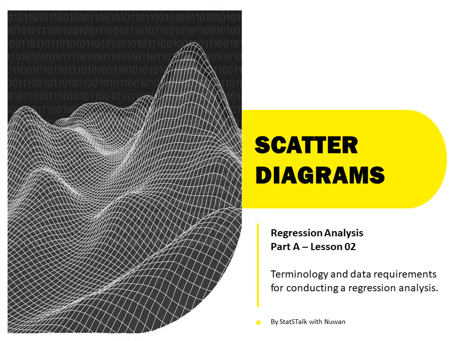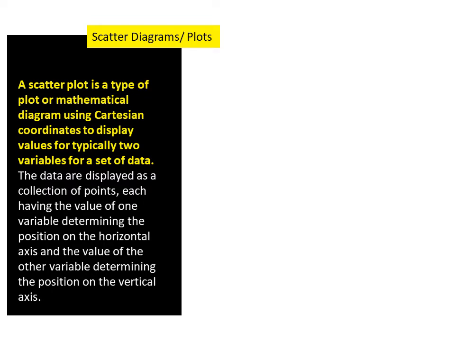In this video, I'm going to provide a complete guide to scatter plots. So first off, what is a scatter plot? A scatter plot is a type of plot or mathematical diagram using Cartesian coordinates to display values for typically two variables for a set of data. The position of each dot on the horizontal and vertical axis indicates values for an individual data point. Generally, scatter plots are used to observe relationships between variables.